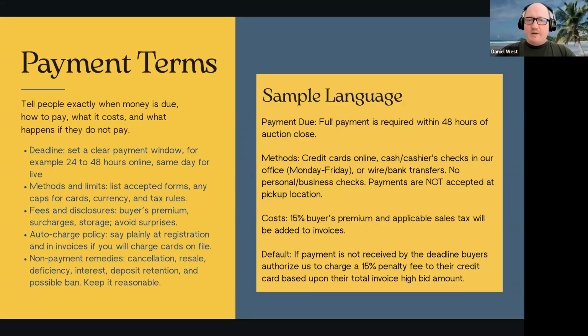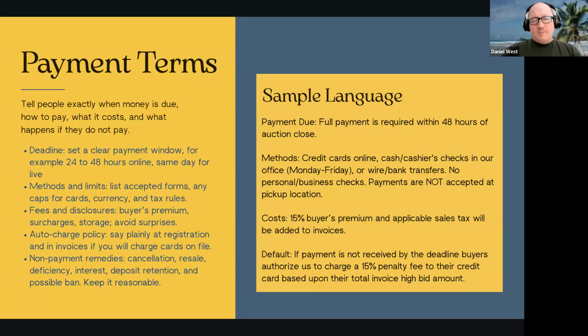Mostly, when do they have to pay? I see this again and again and again, where auctioneers do not give a deadline for payment. You don't want to be unclear about payment terms. If there's any section of the terms that you should not be unclear about, it's the payment terms. It's the most important. So you want to set a deadline. You want to have a period of, say, 24 hours after the auction ends if it's an online auction.